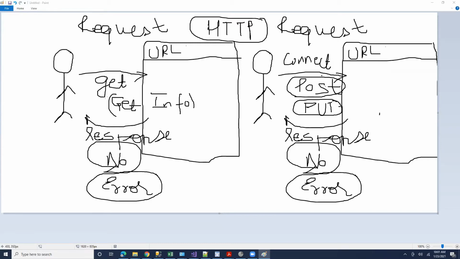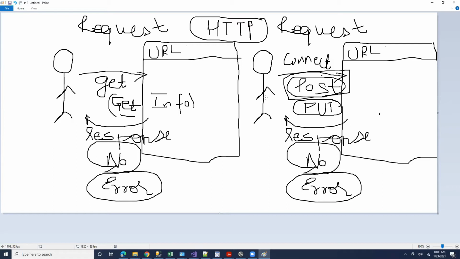Right. So the first one was get actually. So if you want to get data, you have to say get. If you want to give some piece of information just for the website to use, like username, password, that is post. So posting, the most common example is whenever you type in a username, password into your Gmail or your email account or some website that you log into, you're posting your credentials to the website. If you go to a page in Wikipedia, you are getting the information about that page or getting that page basically. So get is when you get data, post is when you send some data.